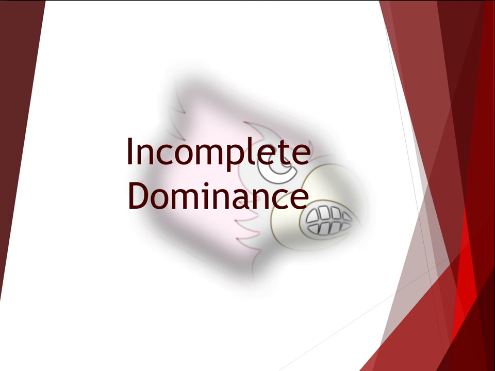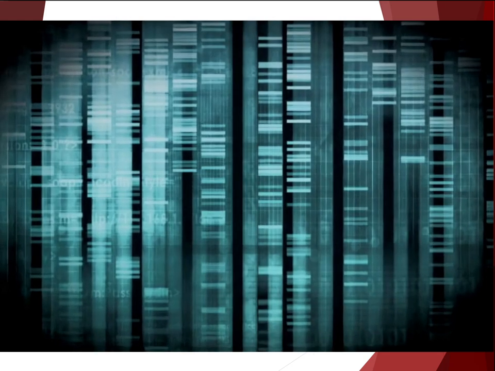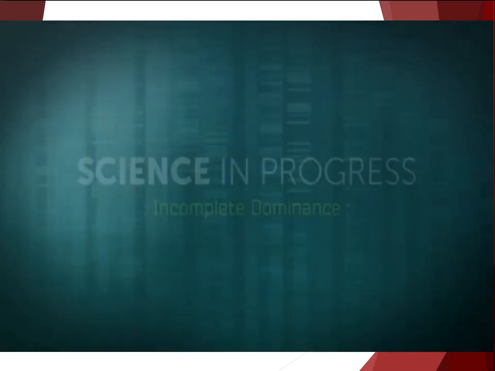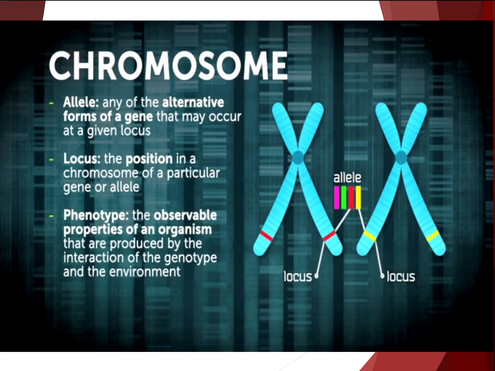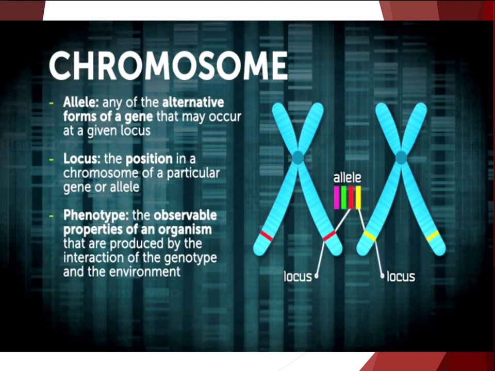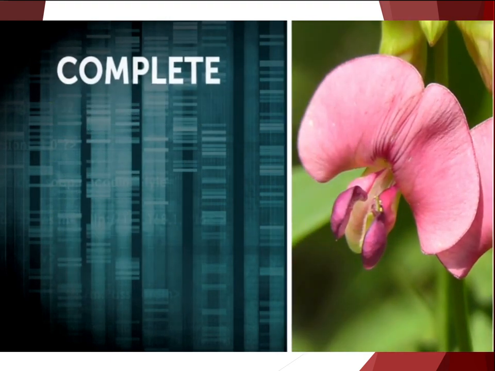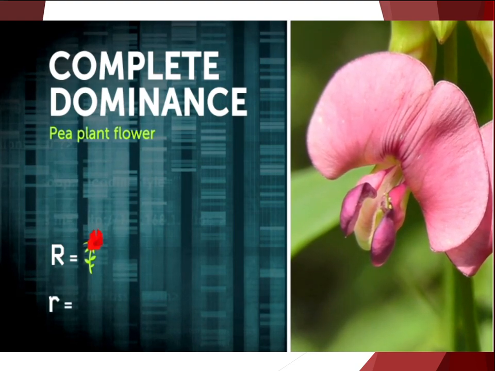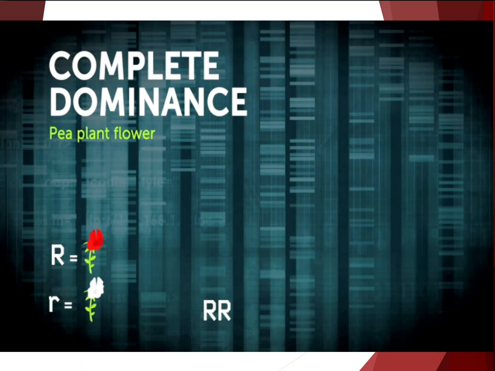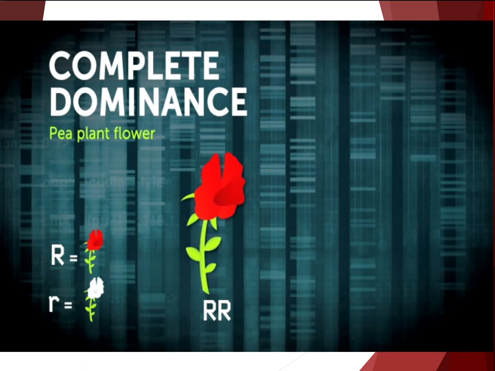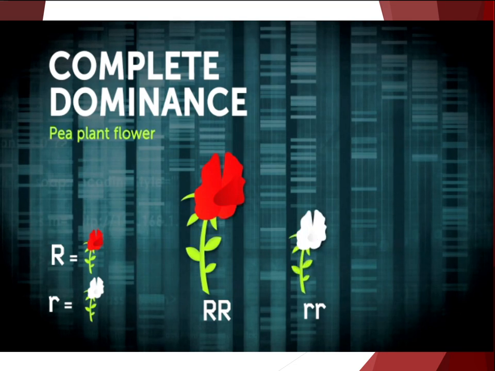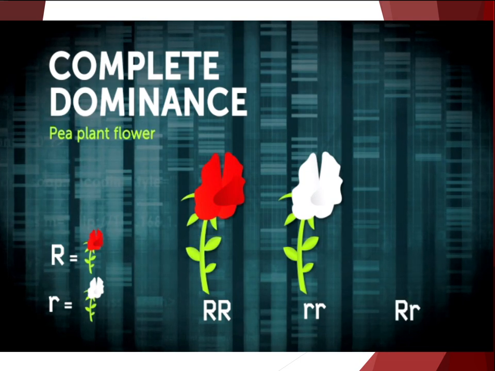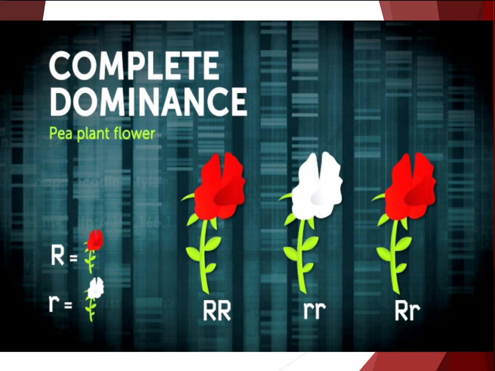Continuing with incomplete dominance. Dominance is the relationship between allele combinations at a locus for a particular gene and the resulting phenotype in that organism. Let's say a flower has a dominant allele, R, which produces a red color, and a recessive allele, r, which produces a white color. Flowers that have the RR allele combination will produce red flowers, and flowers with the rr combination produce white flowers. However, flowers that have the heterozygous allele combination Rr will produce red flowers, because R, or red, is dominant to